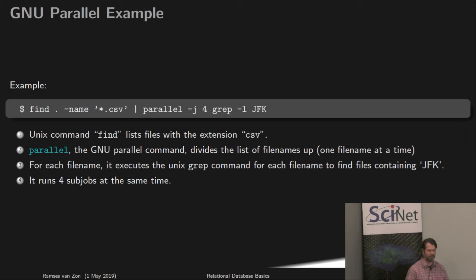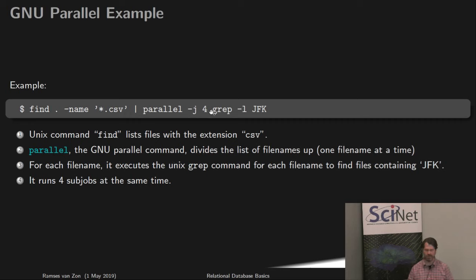Here's a command that finds all of your CSV files and looks for the ones that contain the word JFK. This goes arbitrarily deep into directories. That's what the find command does. If you don't know about the find command in Linux, it's a fantastic command. It's my favorite command, find. It finds all of your files that are called something.csv, and then I'm piping it through here to this